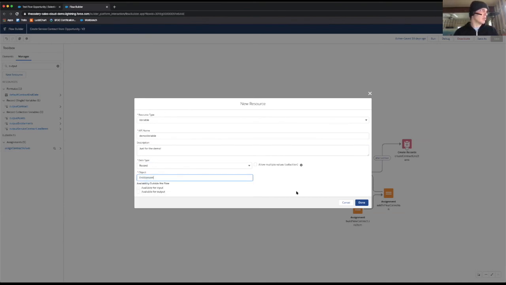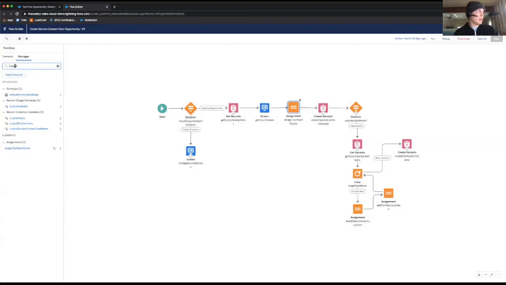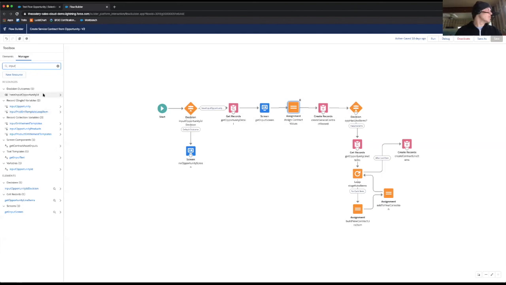So here we'll do, for example, entitlement. We can designate this either as single by leaving this unchecked or multiple. We'll talk a little bit here in a second about multiple records instead of collection, and we can also make it available for input or output. If I were to go back, for example, to this input opportunity ID, this is what I'm telling Salesforce I want to get from,